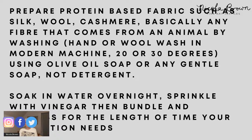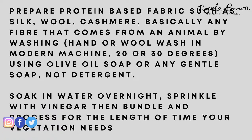Anything that you would get maybe in the health food shop, or if you're at a fair and somebody makes handmade soap. So any soap like that is perfect, but do not use a detergent. And I cannot urge you enough, do not use any